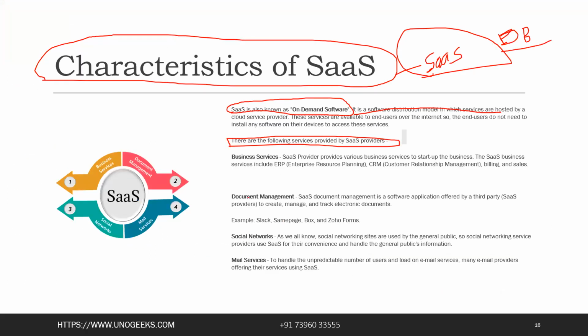Now coming to SaaS. Okay, business services. SaaS provides various business services, startup businesses, and ERP, enterprise resource planning, and customer relationship management for building and the sales. This is one of the important concepts. And in SaaS,